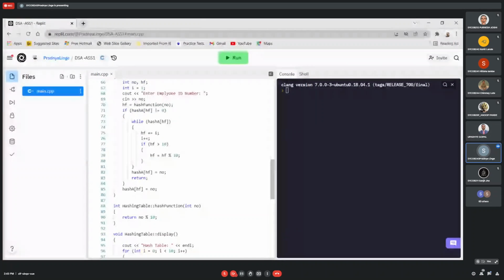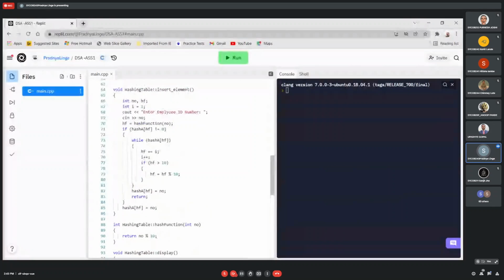When the index is returned, we will check if at that index in the array any element is present or not. If no, then it will be directly inserted at that position in the array. If yes, then there is a collision. So here we are doing linear probing. That is, we are consecutively searching for an empty cell, and if an empty cell is found, it will return that index, and at that index it will insert that element.